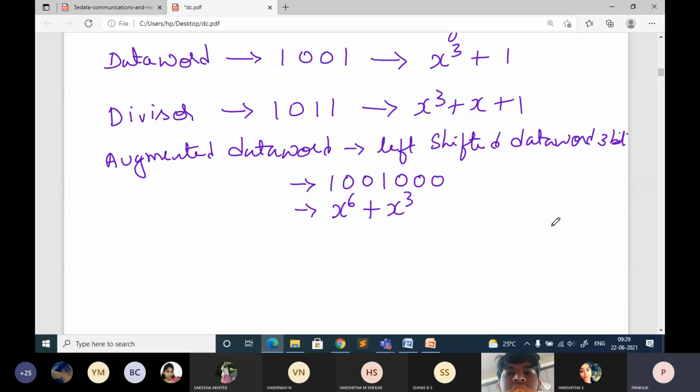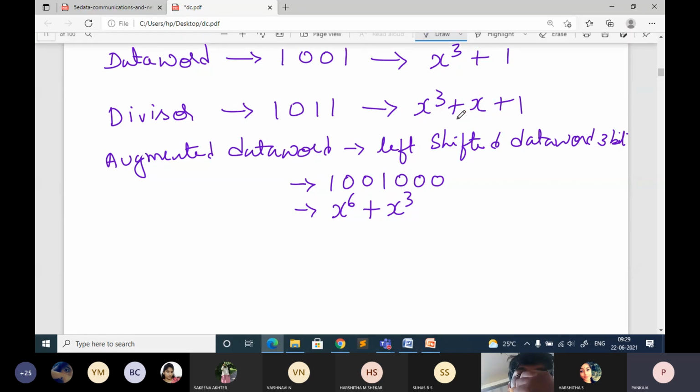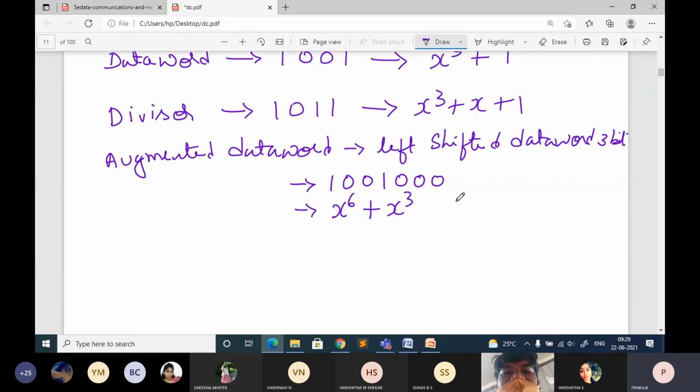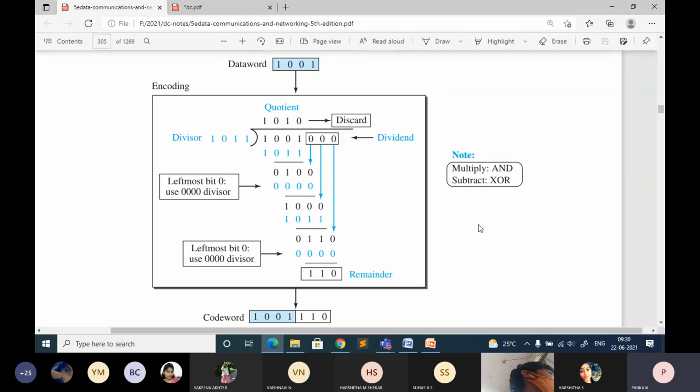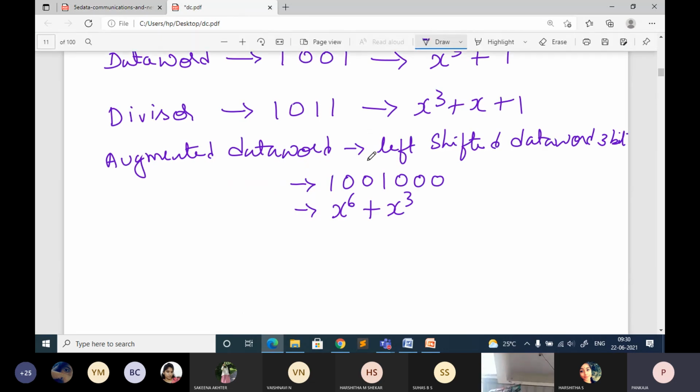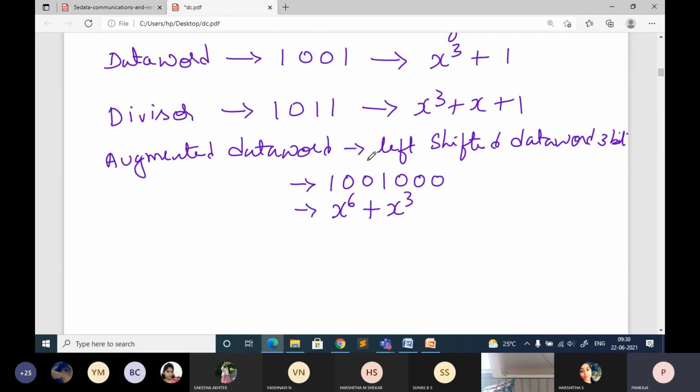Now our augmented data is ready and our divisor is ready. So now you can start the division part. To find the extra bits you need to add, like how we have calculated the remainder here, similarly you need to calculate for the polynomial to form the code word before sending the data to the receiver. So you already know division. How to find the quotient I told: divide the first term of the dividend. So this is my dividend now. If you want, you can just write it.